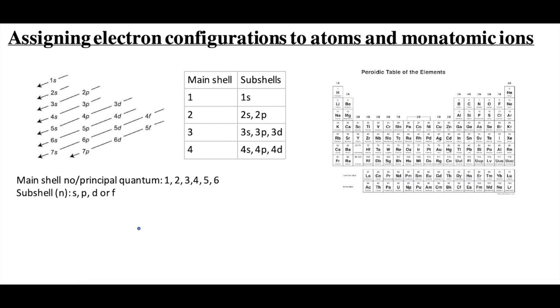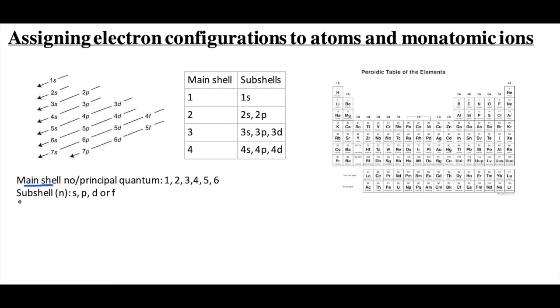In this video, we will go through the simple method of assigning electronic configurations to atoms and monatomic ions. The electron configuration of an atom or monatomic ion describes the number of electrons at each energy level. Each allowed energy level for an electron is represented by a main shell number, also known as the principal quantum